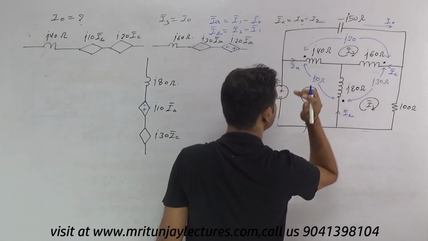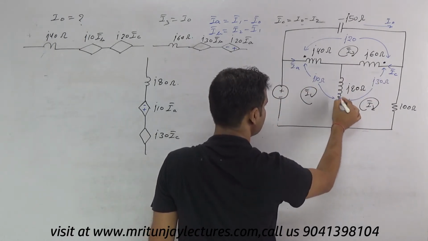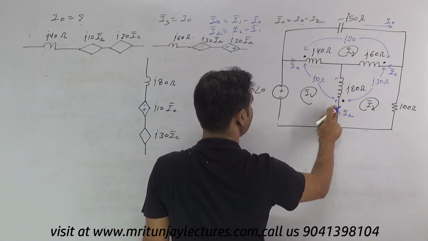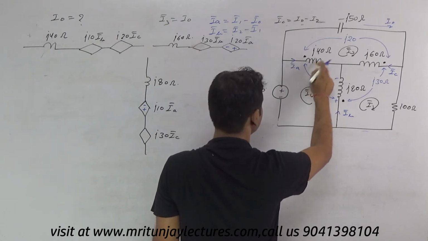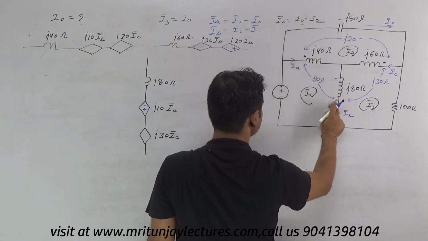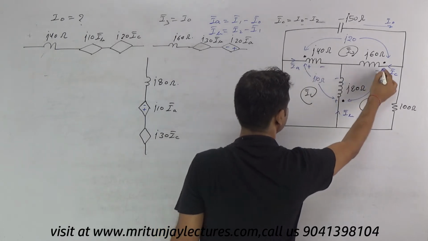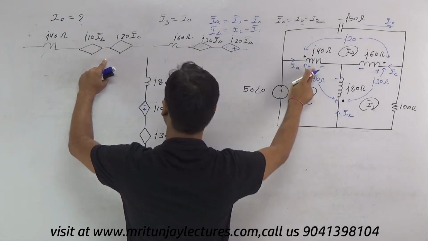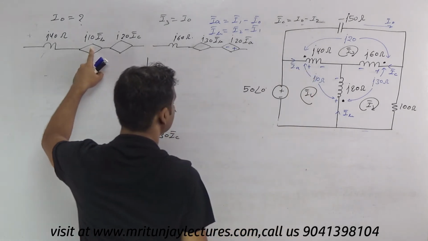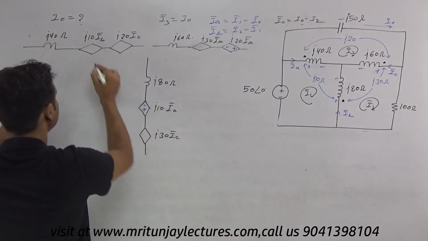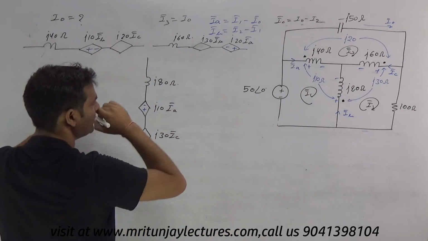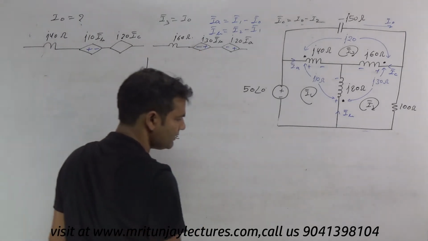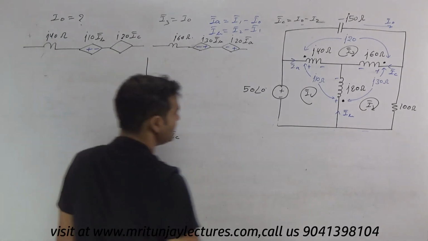Now current enters from plus to minus, so if this one is positive and this one is negative, it means IB effect on IA current, IA portion, that is plus minus. IB effect on IA circuit is plus minus, so it represents plus minus. Okay, and this one is negative positive. Clear? Now what about IC?